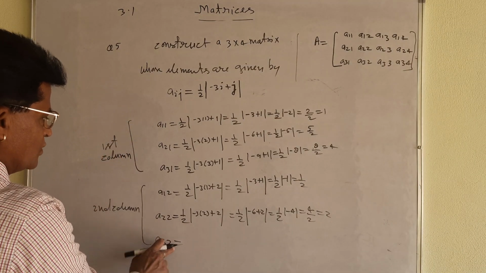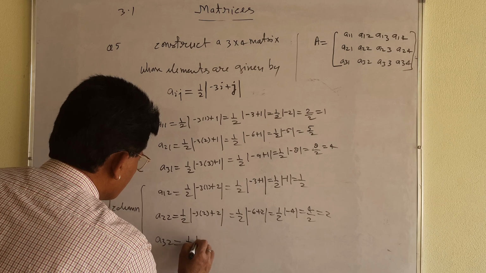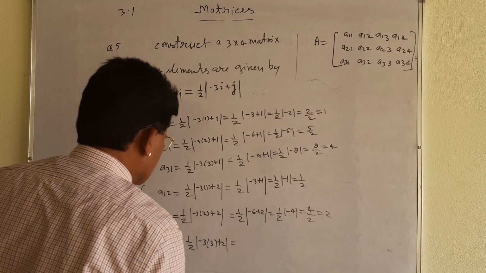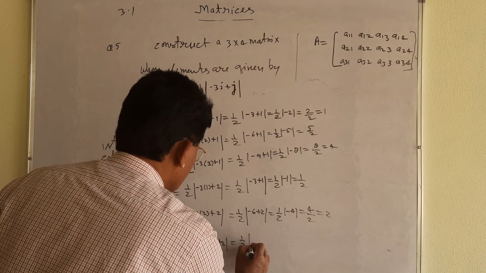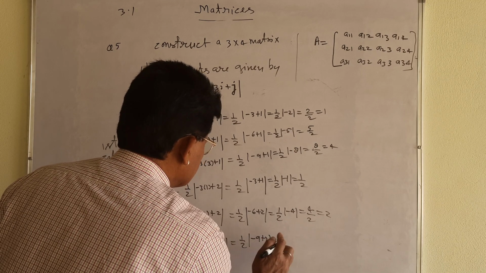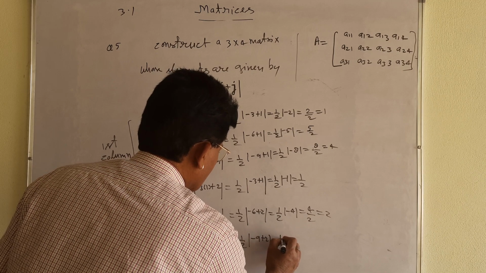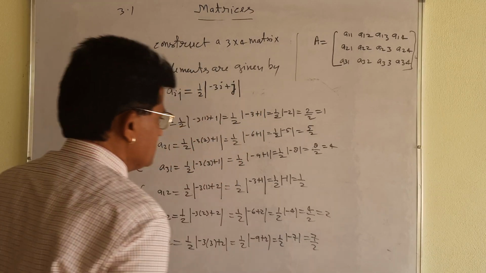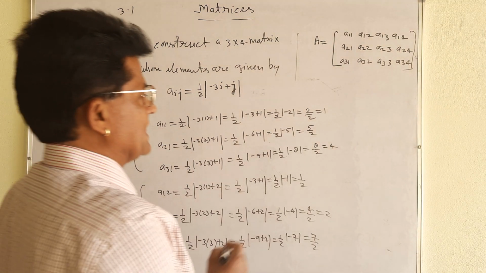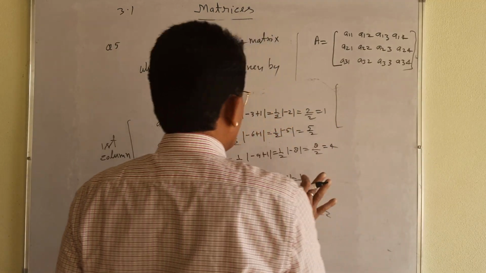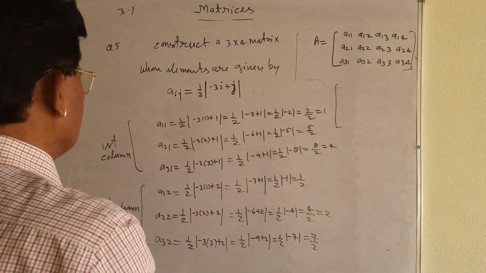I3 J2. देखिए इस चीज का ध्यान रखेंगे. I3 और J2. ओके, calculate it. 1/2 |-9 + 2|, and that will be 7. 1/2 |-7|, and it will be 7/2. These are the elements. अच्छा, मैट्रिक्स को आप अरेंज कर लीजिए यहाँ पर, so that there will not be the problem.